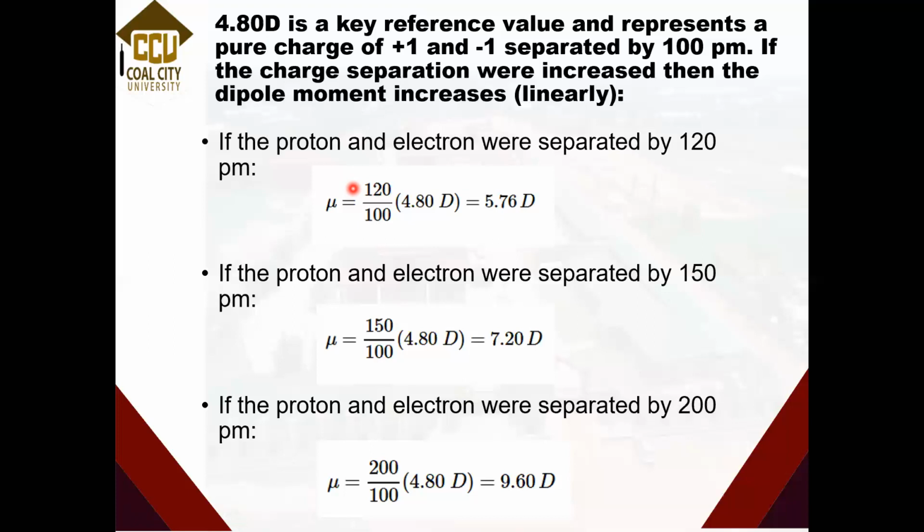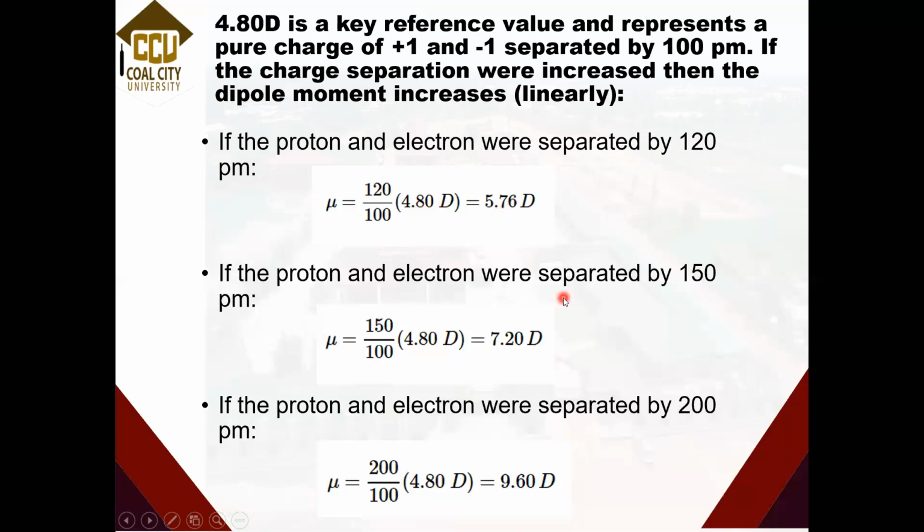So all you need to do is tell me the dipole moment will be equal to, if I say 120, I just put that 120 divided by 100. Why am I dividing by 100? This 120 picometer is the one I want to solve. So I have to divide it by the 100 picometer, which was used to calculate this 4.80. So that would be 120 divided by 100 times 4.80 D, and that will give me